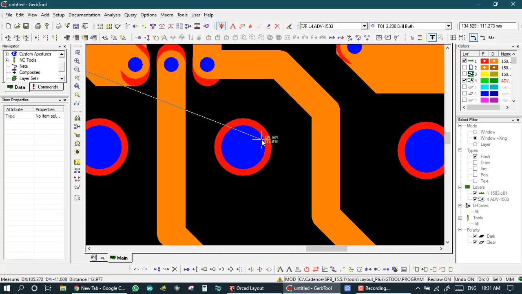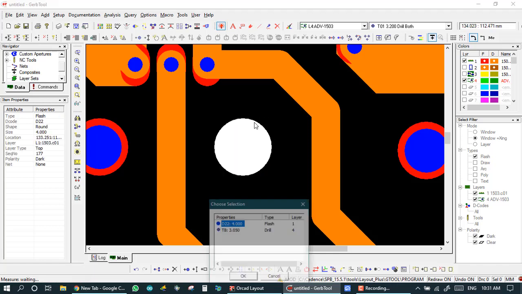We never decrease the NC layer drill hit. We always change in the pad. This is my pad, this flash is the pad, and this T8 is the tool number and 3405 is my drill. So we don't change in the drill layer, we always change in our flash or copper layer.